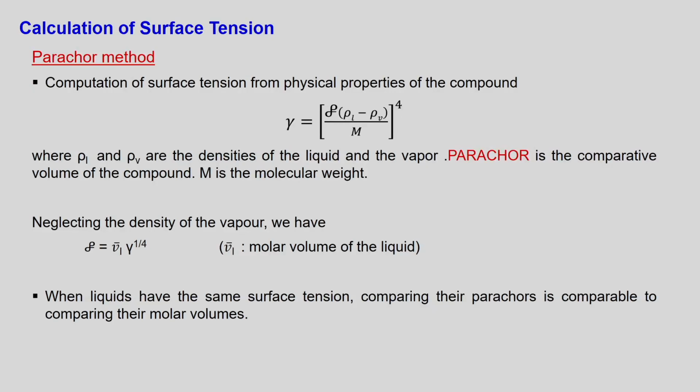Fine. Now, there are many methods of calculation of surface tension. One of them is the Parachor method. The Parachor method means it breaks the molecule into several groups. So, how is it written? The formula is written something like this. This is the Parachor volume, and rho L is the density in the liquid phase and rho V the density in the vapor phase, M is the molecular mass, raised to the power of 4.